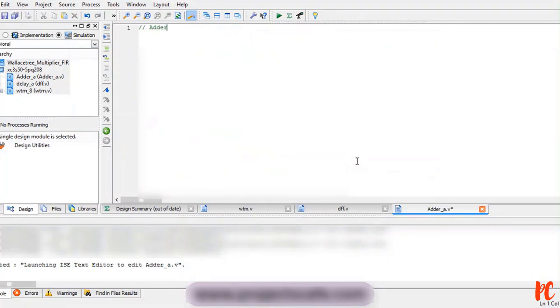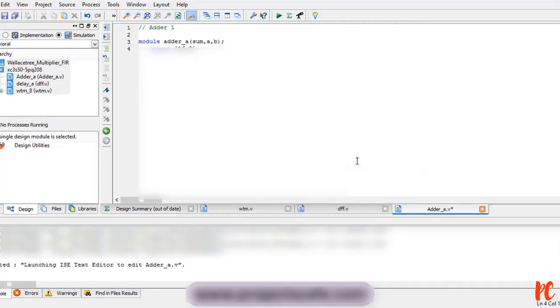Adder 1 module. I am giving this adder name as adder a, for which sum will be an output, a comma b. Output will be required a 16-bit adder, so I am assuming this to be a 16-bit, 17-bit if carry is considered.